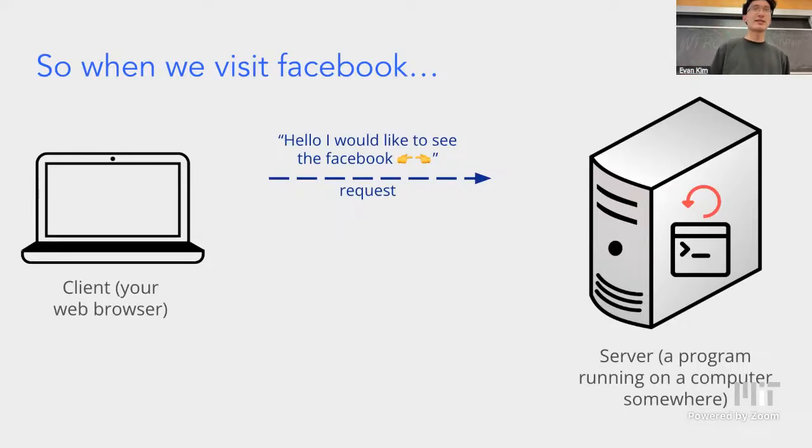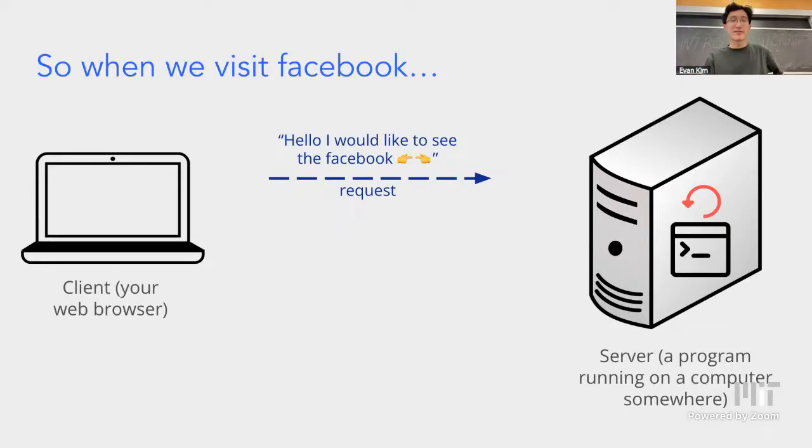Both components need a program running. So say for Facebook, Facebook needs to have their servers, which store the information and send information to the user. And then the user needs to have their own computer where they go on a browser and